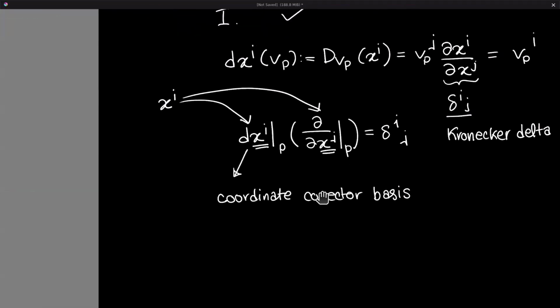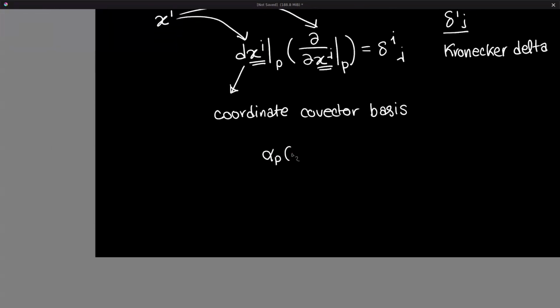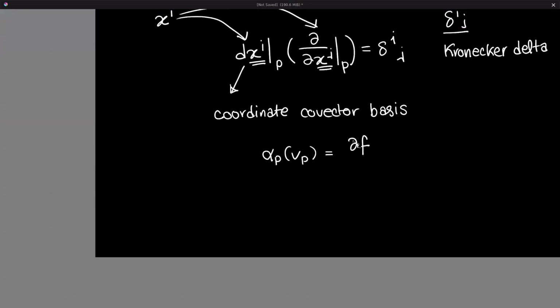Again, and then we can decompose this. I'm going to skip forward a little bit, but if we take alpha p of vp, we can decompose this into, we can use the directional derivative. Yeah, this will eventually give us the partial. We're associating alpha p with the germ fp. So then that gives us partial f partial xi, vp^i,